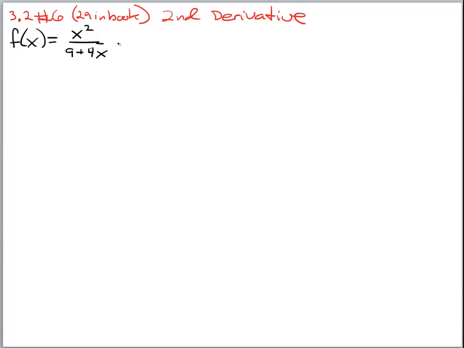Okay, today we're going to look at taking the second derivative. The first thing to remember is that taking a second derivative is really just doing the derivative over again. So it's nothing tricky, you just have to be careful about our algebra. So first things first, take the first derivative, which is going to entail the quotient rule, derivative of the top